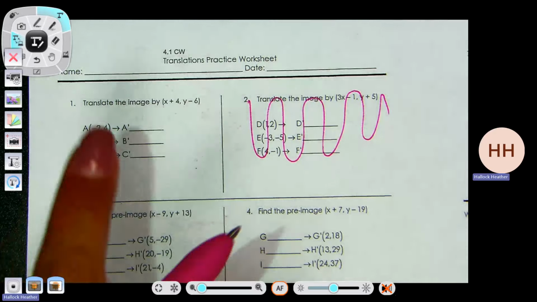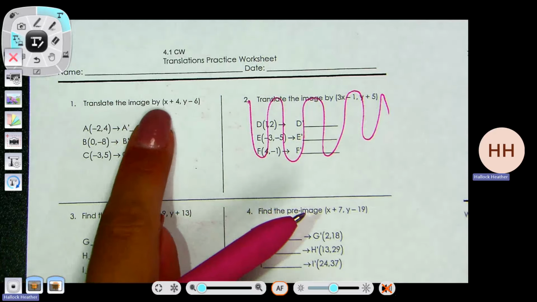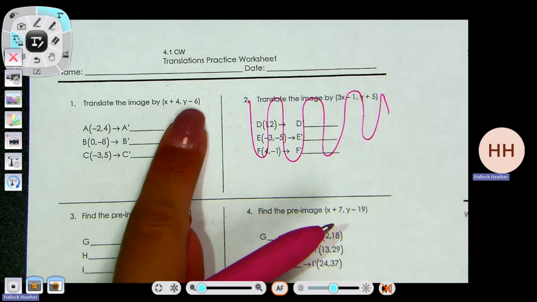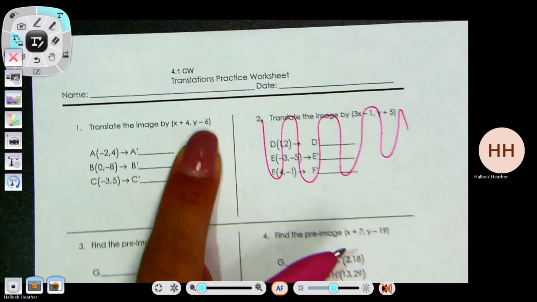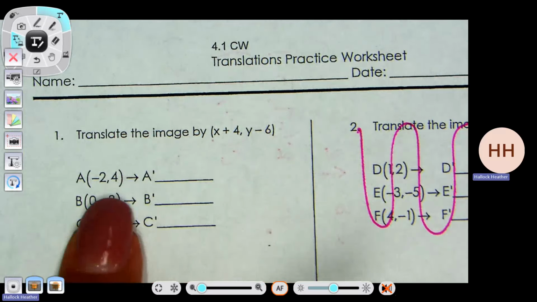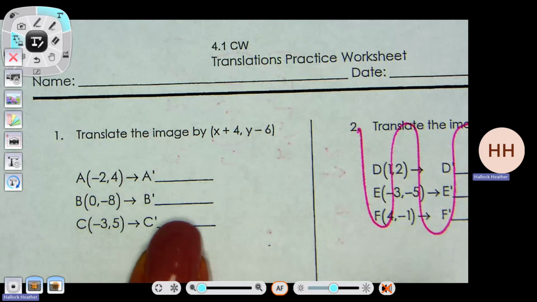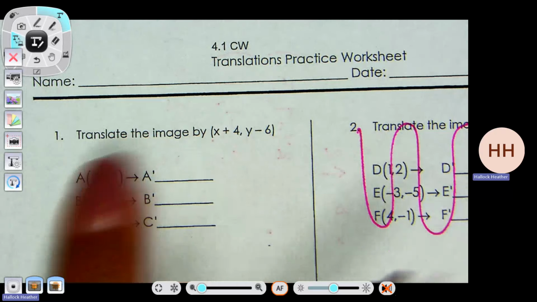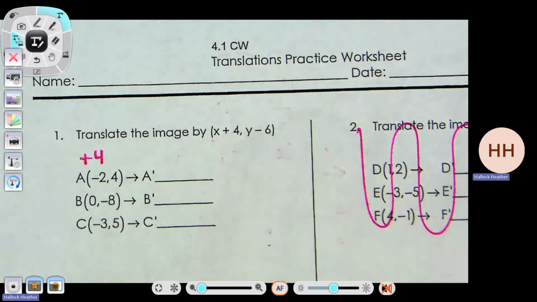So for number 1, it says translate the image by x plus 4, y minus 6. It gives me my coordinates, and I just want to know the new coordinates. So I'm basically adding 4 to all the x's, and I'm minusing 6